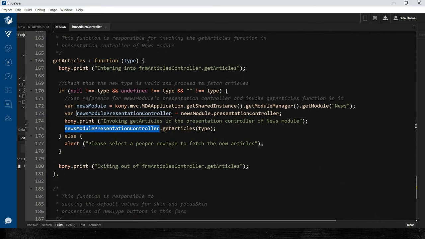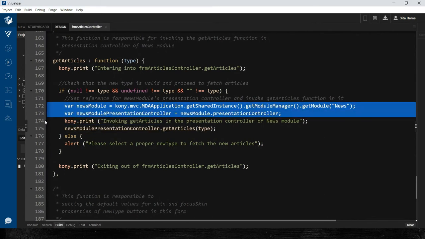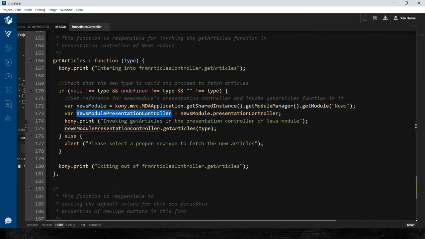We also understood what the APIs are that we have to use to get the reference of a presentation controller present inside a particular module of the reference architecture extensions. Once we get the reference of the presentation controller, using that we are able to invoke the various functions which are present as part of that presentation controller.